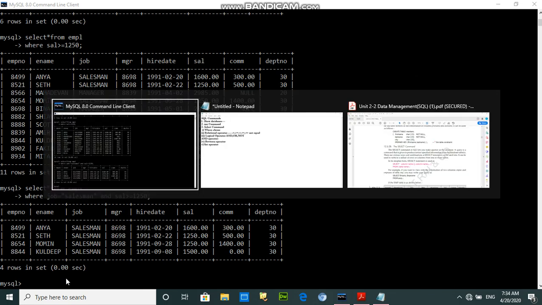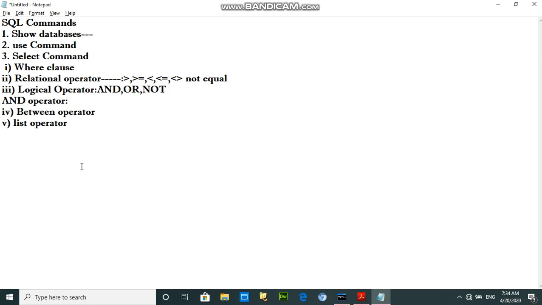And next is the OR operator. Student, what is the use of OR operator? OR operator gives the final result as true if any condition is true, and this operator gives false value when all conditions are false. For example,